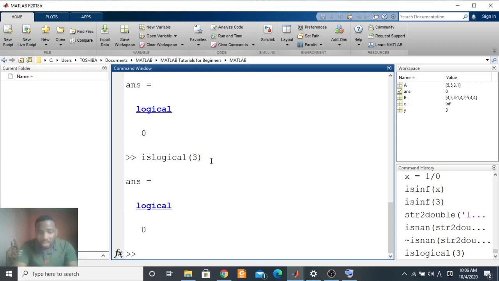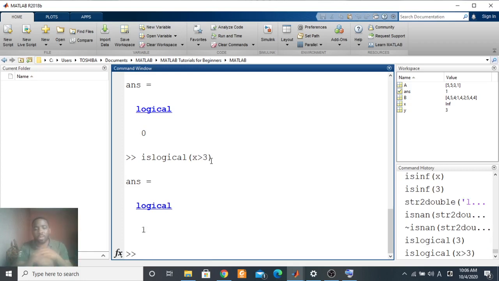But we'll see a different example where you understand that MATLAB sees every value that is not equal to 0 as true. So islogical of x greater than 3, for example, should give us 1. Because as we saw, this particular expression will give us a Boolean, and that Boolean is of type logical.